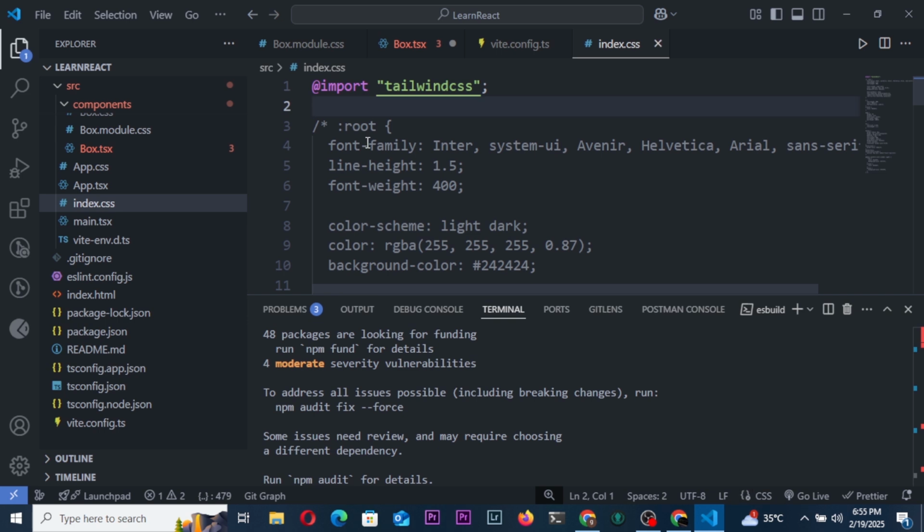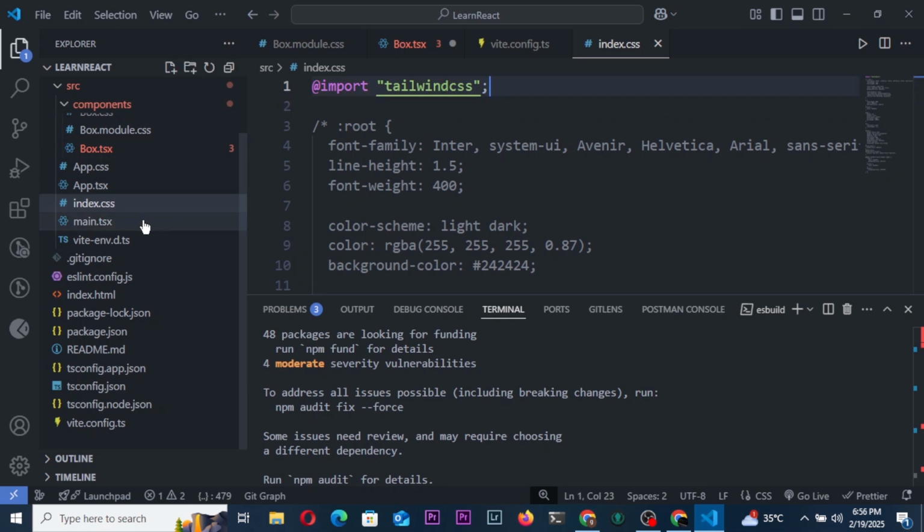Here you can notice that I commented out all those predefined classes that Vite automatically generated for us, so I don't need it. So I have to import this here, then save the changes, go to